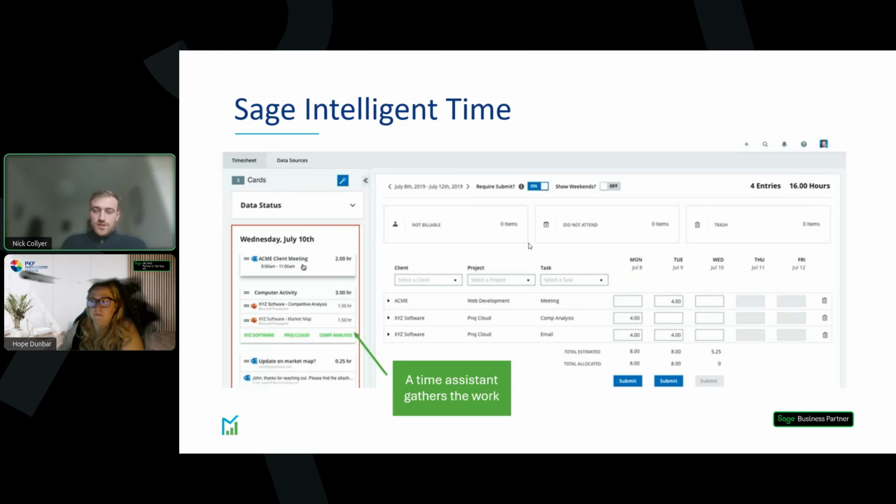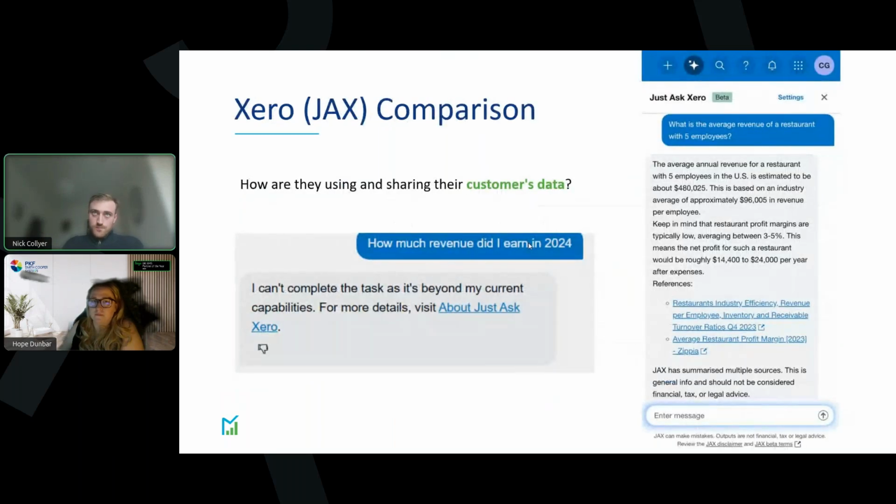So that's Sage Intelligent Time, and that brings us to one more slide I just wanted to chuck in, and then we're going to go into the demo. This is something that I found really, really interesting from one of the guys at Sage. So